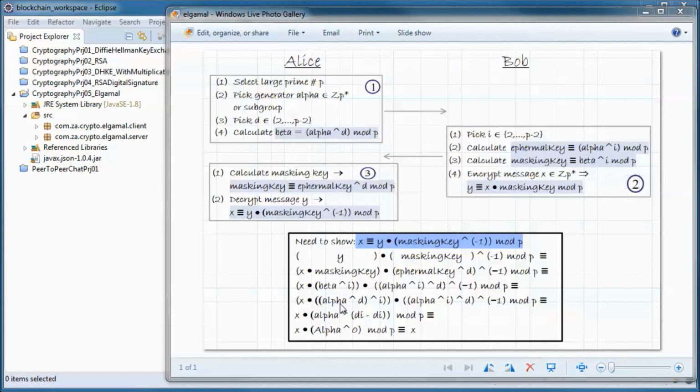So we end up with alpha to the power of d to the power of i, and here alpha to the power of i to the power of d, and the inverse of that. So we have x multiplied by alpha to the power of di minus di, so x multiplied by alpha to the power of 0, which would give us back x